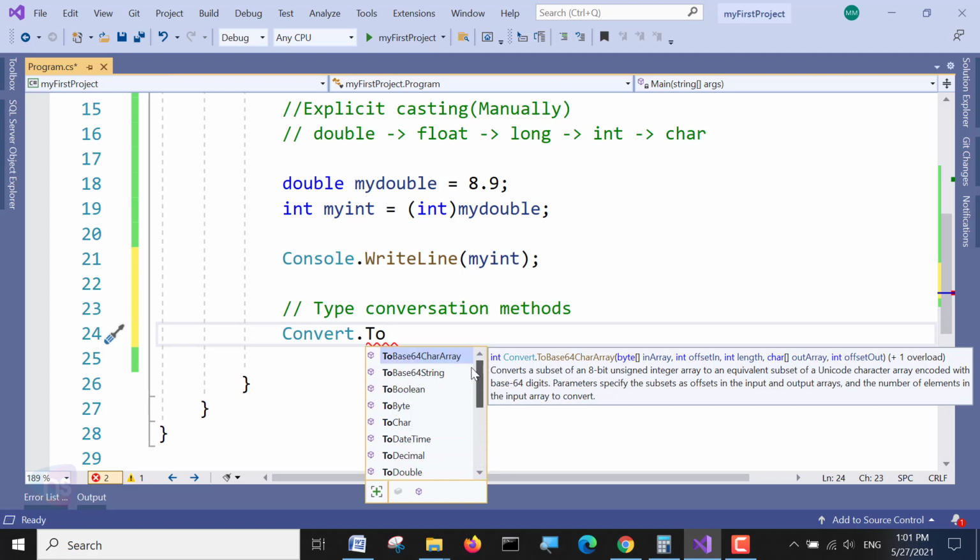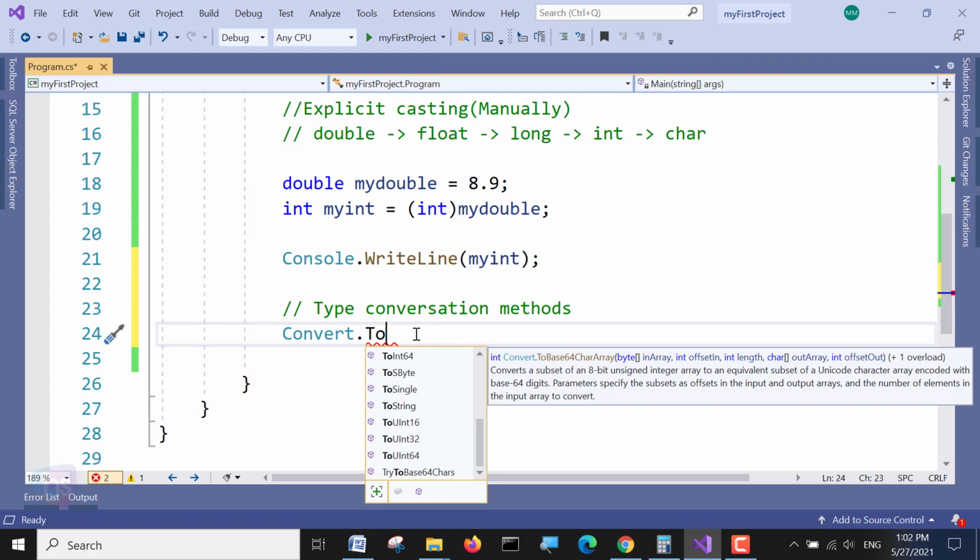So many: char array, base 64 string, boolean, byte, char, datetime, decimal, double, int 16, 32, 64, sbyte, single, string. See, so many. Whatever data type you want to convert to, you can convert it.